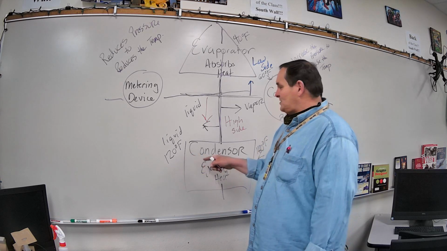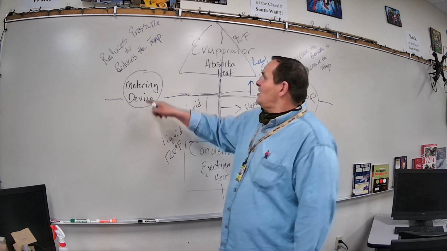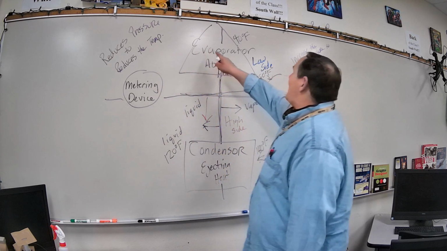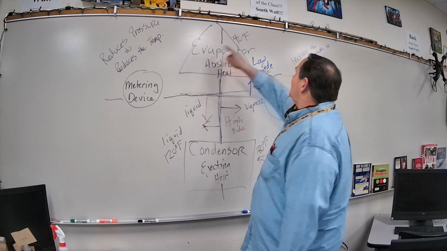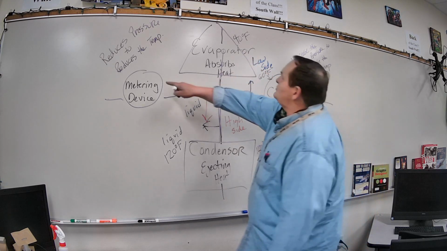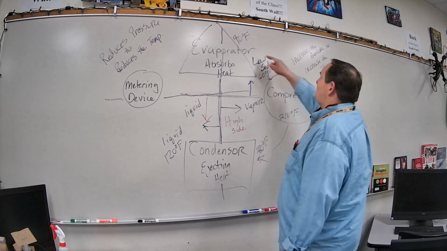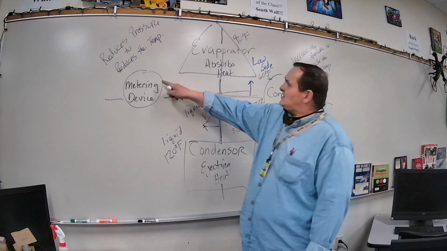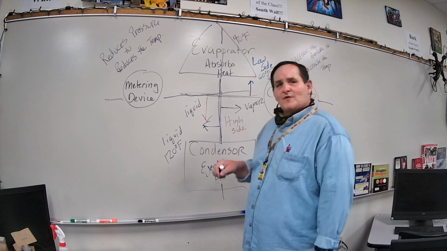and high pressure, high temperature liquid, going into the meter device as a high pressure, high temperature liquid, coming out of the meter device as a low pressure, low temperature liquid, going into the evaporator as a low pressure, low temperature liquid, comes out as a low pressure, low temperature vapor going into the compressor. The way to best explain how the liquid in the evaporator goes from a liquid to